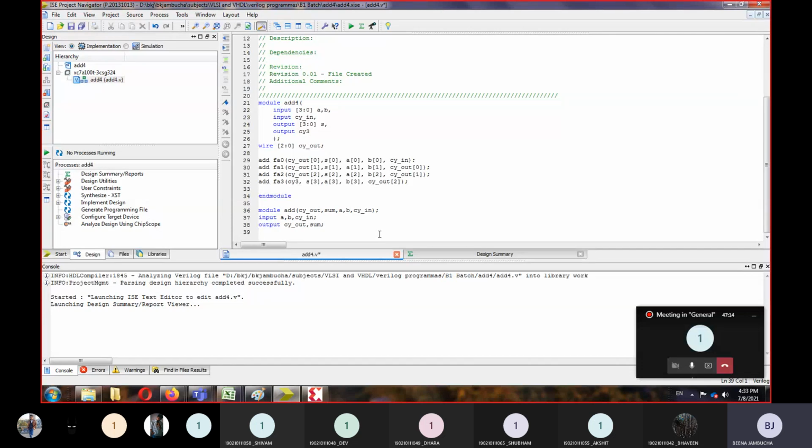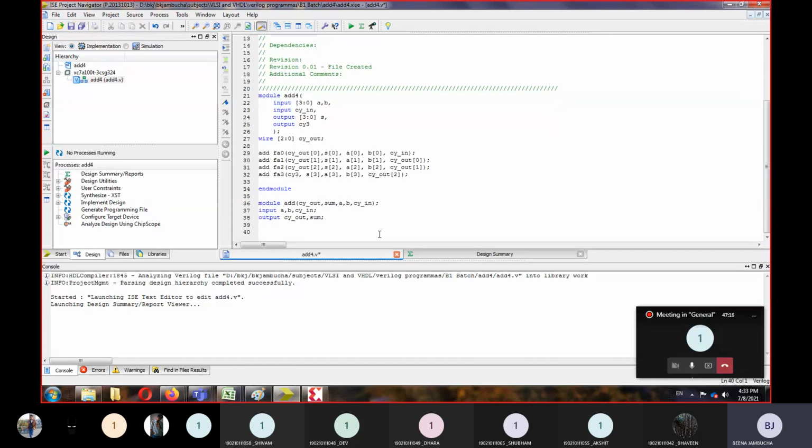So again it contains, let's say, two more modules. One module we name, let's say, sum. Here instead of sum we write just s, and the module name is sum, it is the s1 module, sum1 module. For sum, what do we need? One output is sum and three inputs A, B and carry in.